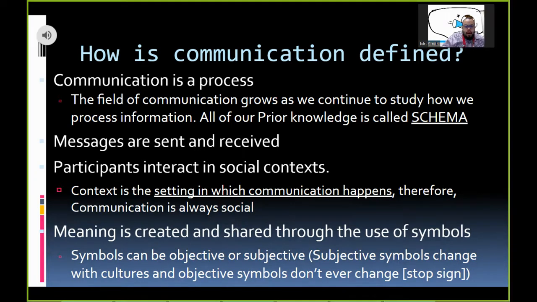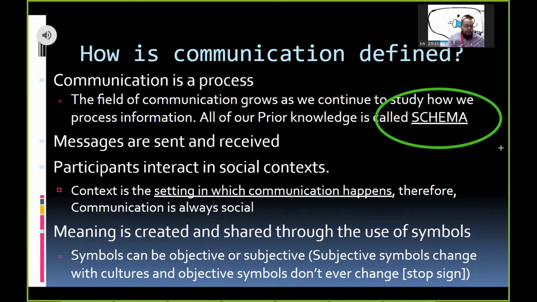I'm going to go ahead and circle it really quick. This is definitely a word that will appear again, maybe on quizzes or future notes: all of our prior knowledge is called schema. If you know how to shoot a basketball, it's going to be easier for you to learn how to shoot a free throw. If you know how to run quickly, it's going to be easier to learn how to run a mile. If you know how to write your name, then you will eventually learn how to write a sentence. So you're using your prior knowledge to build current knowledge.